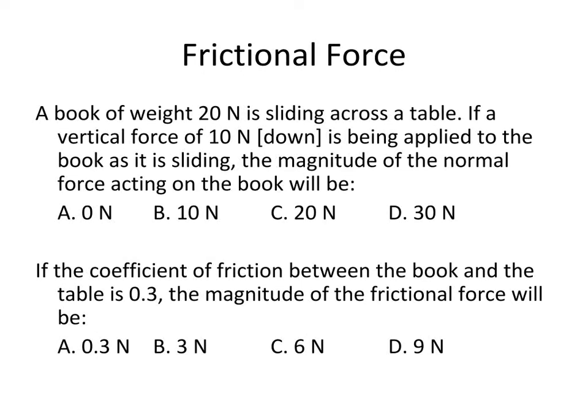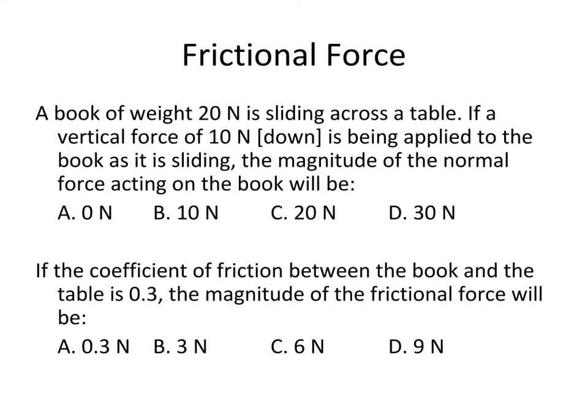Here we're going to talk about Newton's third law, but let's review friction a little bit before we do. We've got a book that has a weight of 20 newtons and it's sliding across a table. If a vertical force of 10 newtons down is being applied to the book as it's sliding, the magnitude of the normal force acting on the book will be,